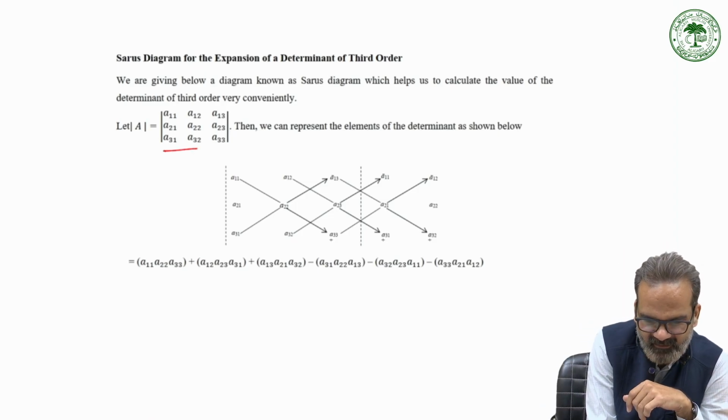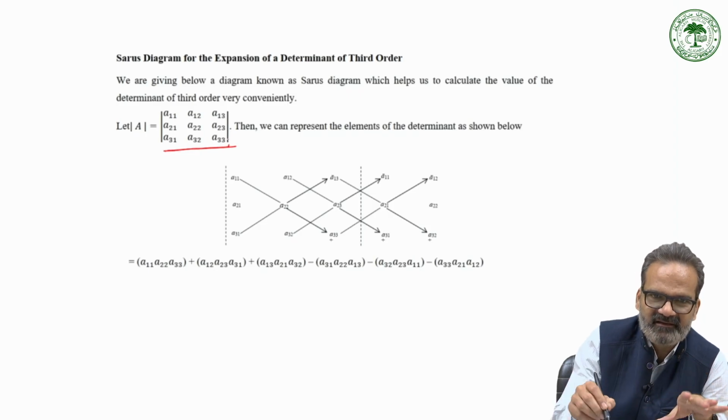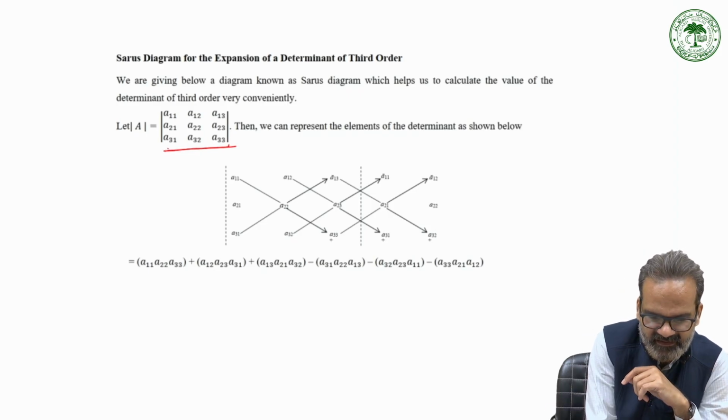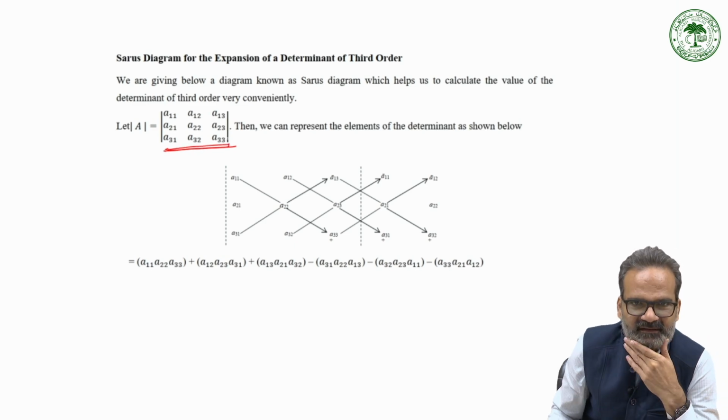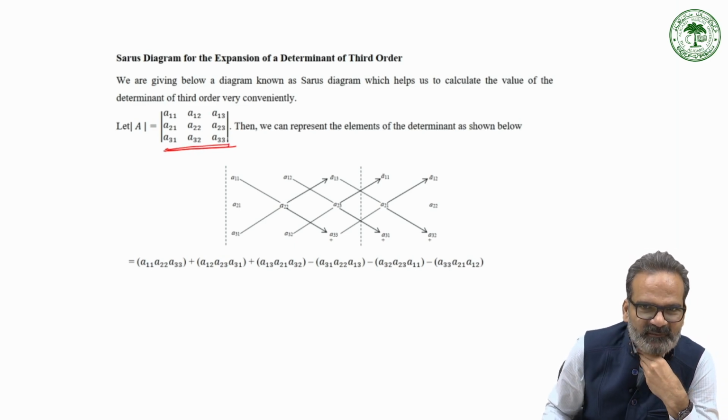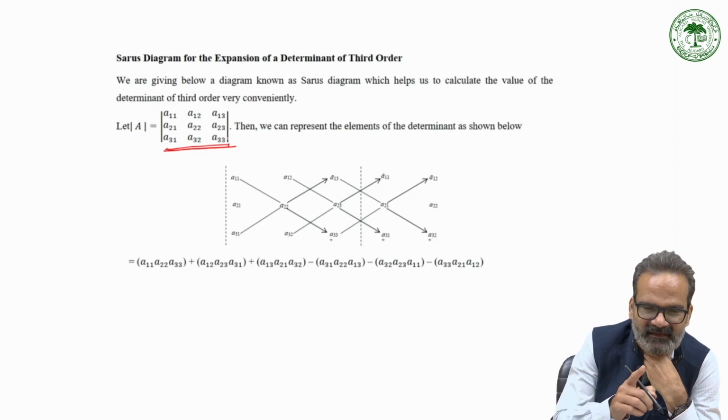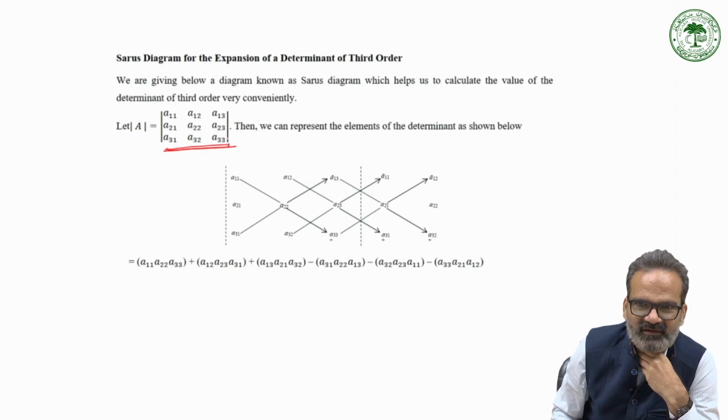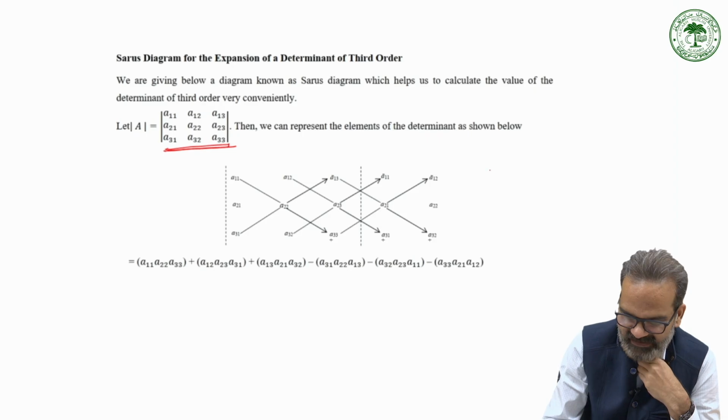This is our matrix, right? Say this is a determinant. We are taking the determinant directly. Let A be equal to this determinant, then we can represent the elements of a determinant as follows. So what Sarrus did actually, this is a determinant of order 3. So we will use like this, say